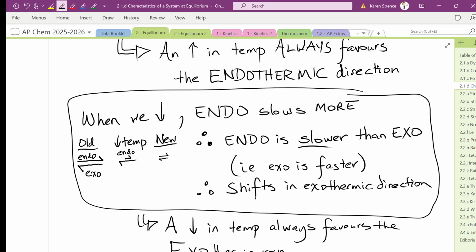This is the real reason why things are shifting the way they do. It's because one rate is faster than the other rate. But you can explain this if you are asked to explain it in terms of LeChatelier's principle. You can say,